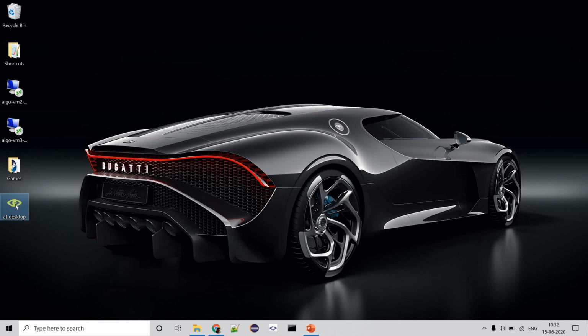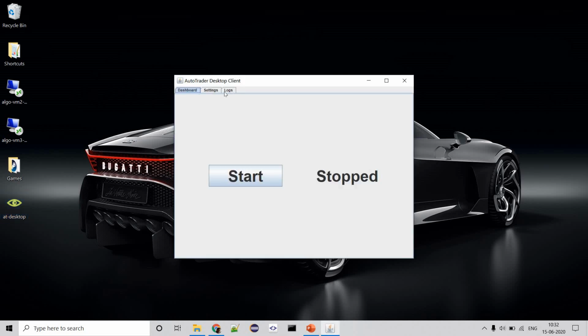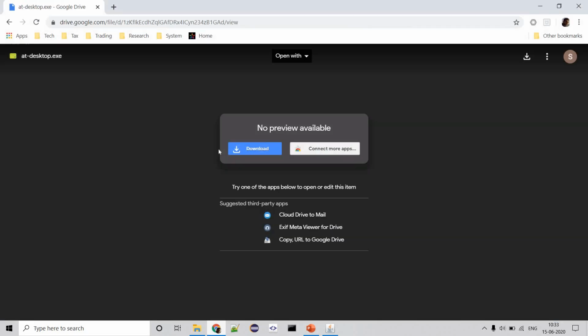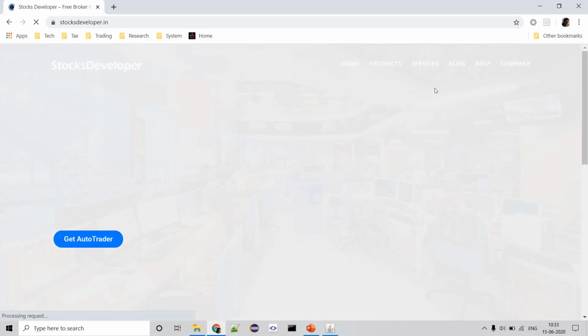When you start it, you will have to do certain setup. First, go to the settings tab, secret API key. This will be the API key which is used for authentication of your AutoTrader web login. So you need to find it in your account. Log into the AutoTrader web portal.